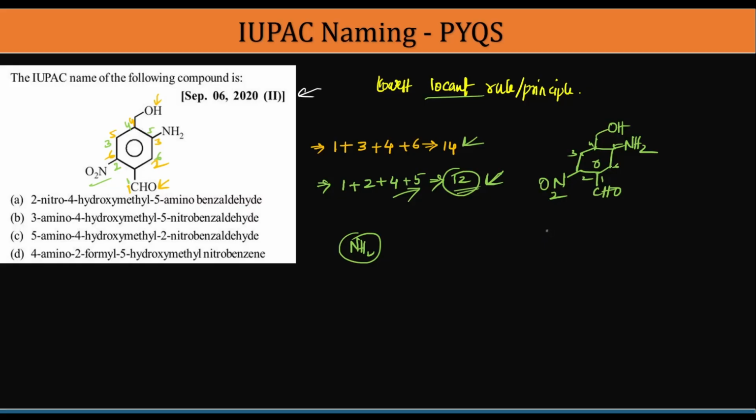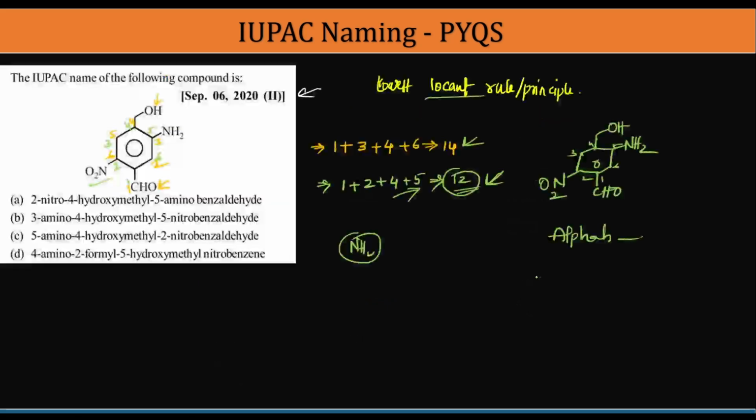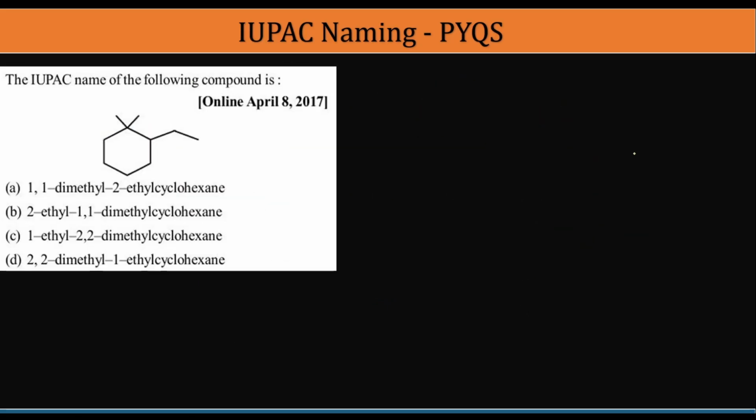First we'll write the name according to alphabetical order. Okay. So how will you write first? Amine will come first. So 5 amino. Generally you will name it as amine, but if it is a substituent, we'll add the prefix amino. Okay. 5 amino, and then